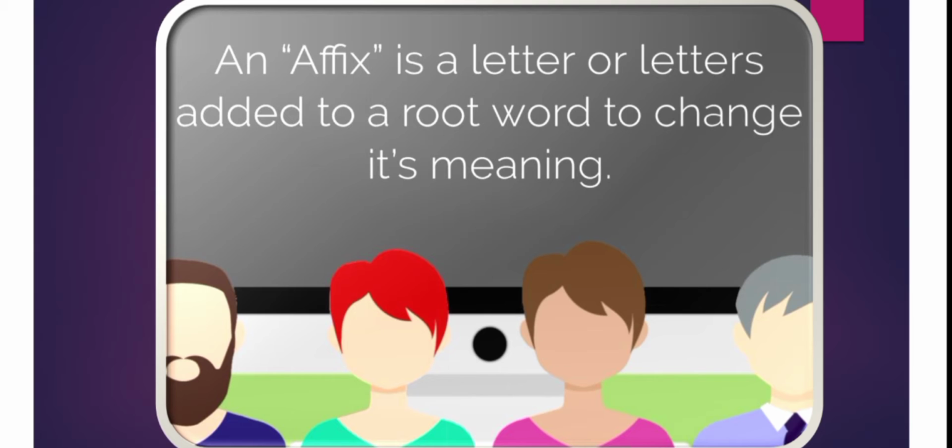Able is a base form of a word, and if you add an affix like un, it will become unable. So if the word able comes alone, it has a different meaning. But if you add an affix like un, it has a different meaning. Unable, able, unable. Un means not